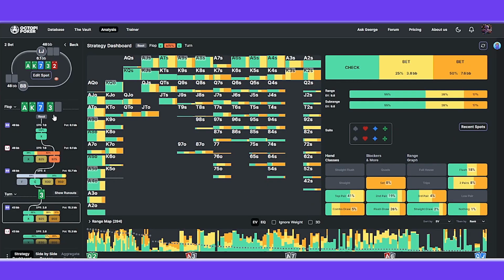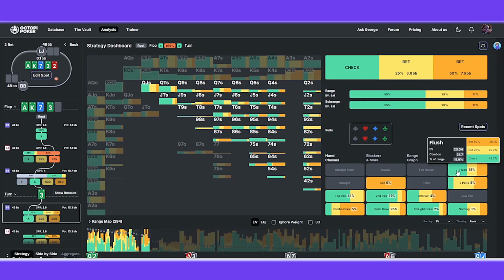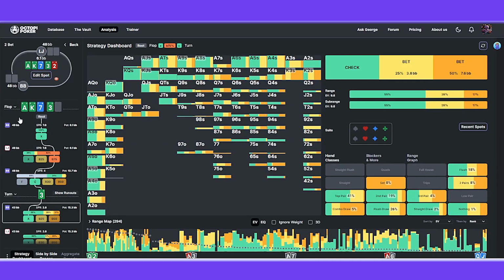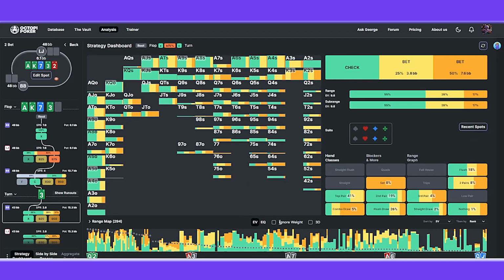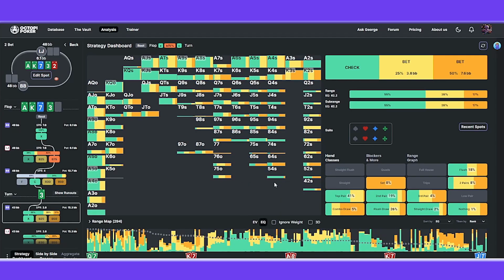On the turn, 3 of clubs, now you can see we lead a bunch. Almost half of our range is leading. The reason for that is that you can see we have 18% flushes. The ace and the king block a whole lot of the suited combos that they open from the low jack. So even though the overall equity of our whole range might not be as high, we can still carve out some bets for those flushes. We actually do have quite a high equity advantage here also.